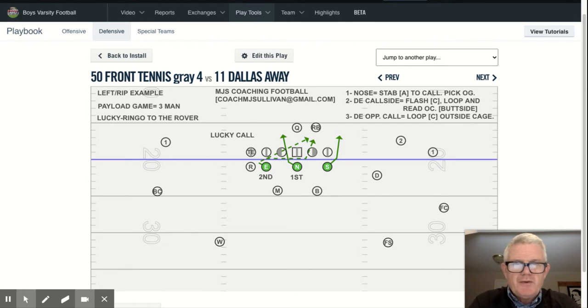My background is my 38th year coaching football. I've either been a defensive, offensive, or special teams coordinator, as well as a head coach at both the collegiate